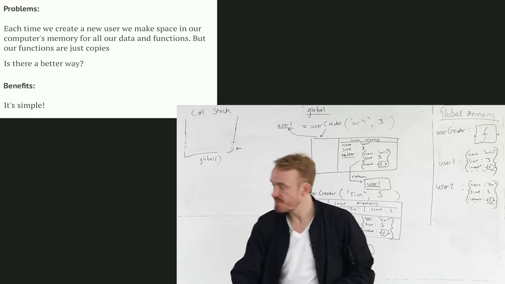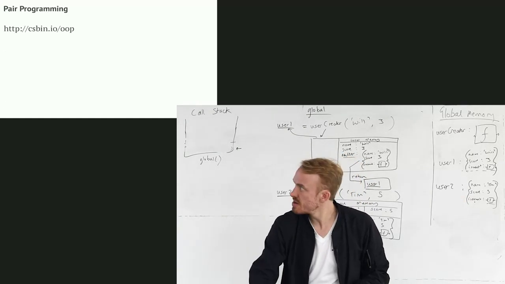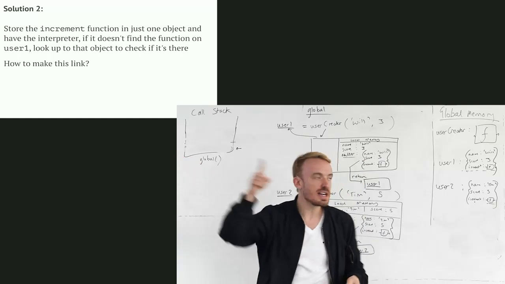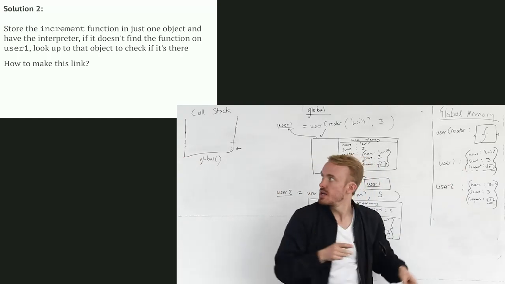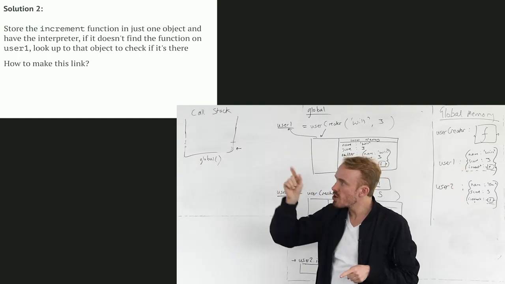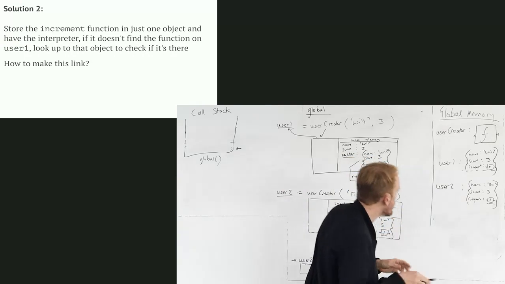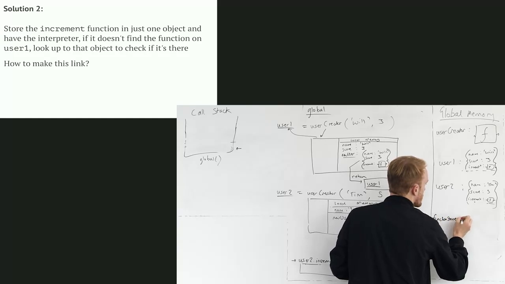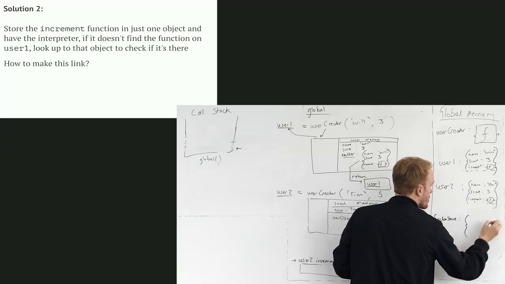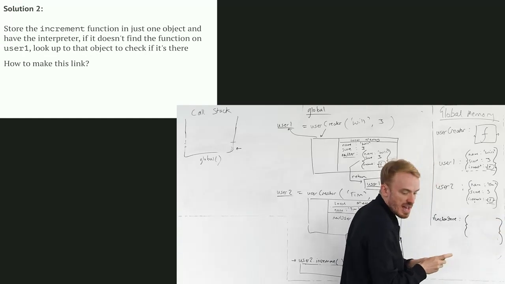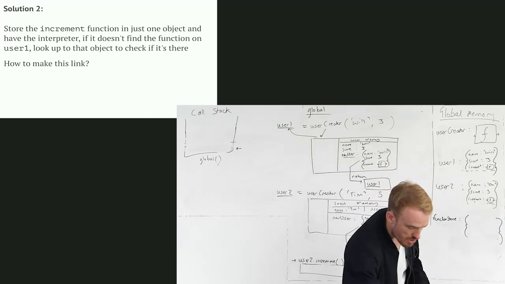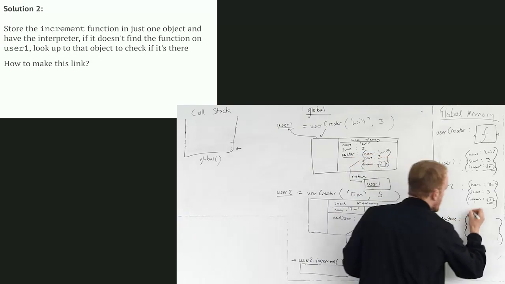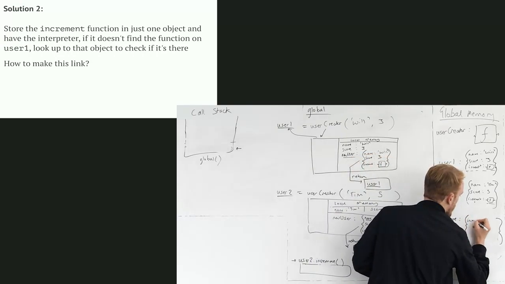What would be our solution? Store our increment function in just one object. Let's imagine we could store it in just one object. Let's call it, I don't know, store of functions. Let's call it function store. And in that one object, suppose we were to store the increment functionality,